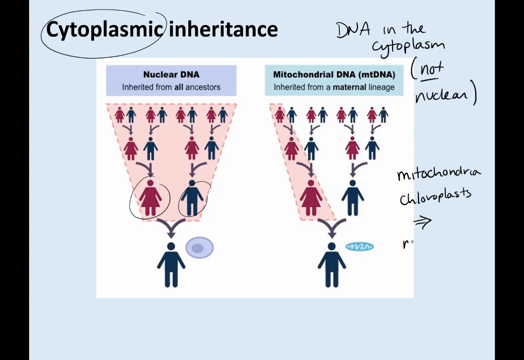These only show maternal inheritance. That means your mitochondria comes from your maternal lineage. Your mom, her mom, your great-grandma, not from your dad's side. This is because mitochondria and chloroplasts have their own DNA. This is also because